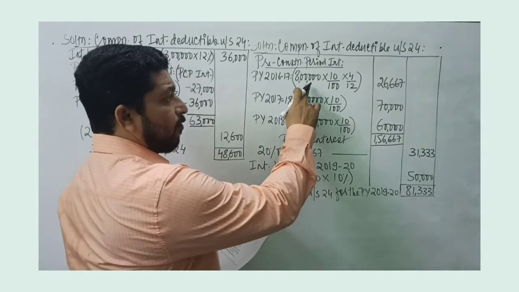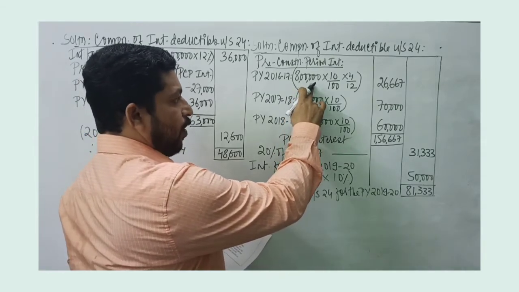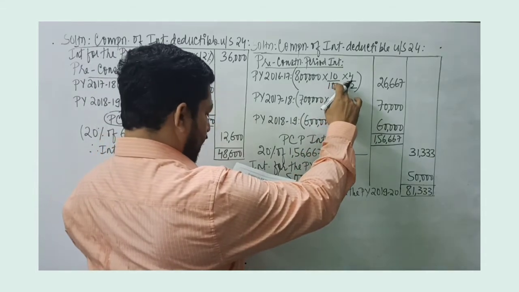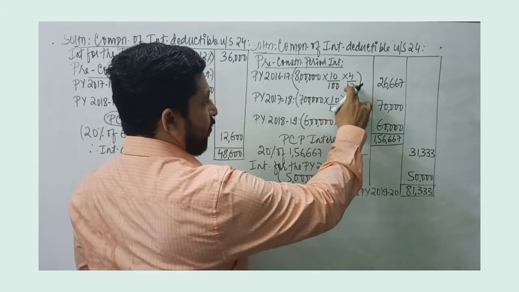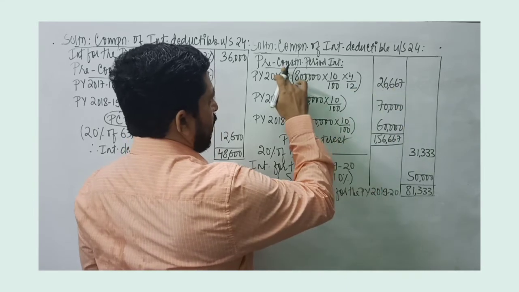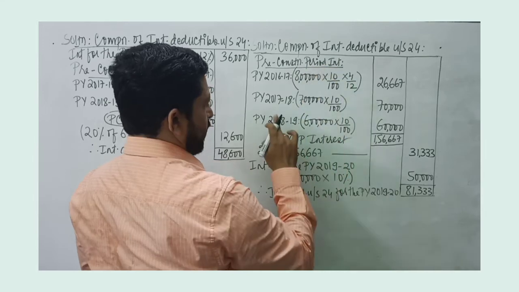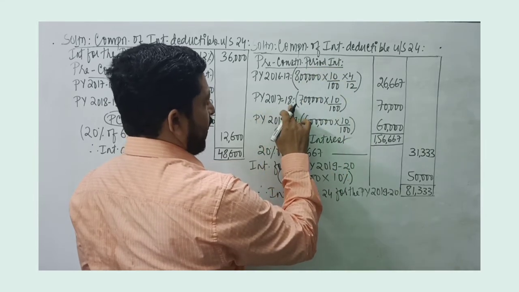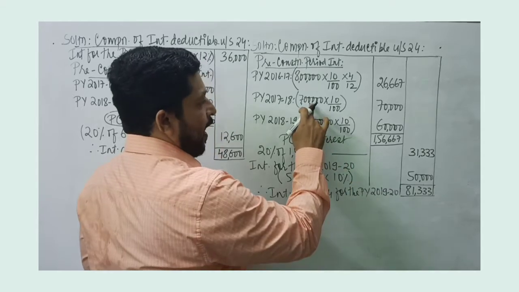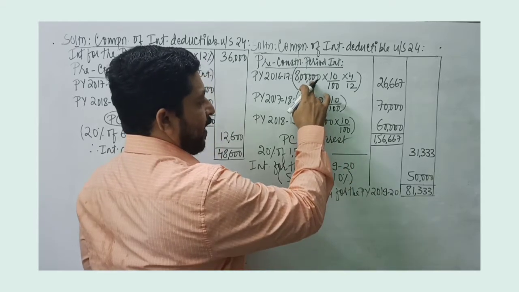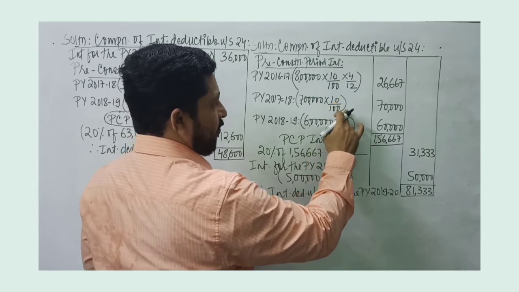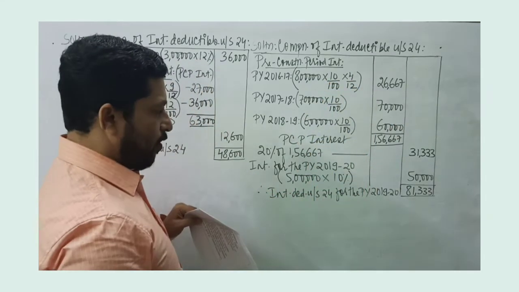So some important points. The original amount of loan borrowed is 8 lakh rupees. Loan was borrowed on 1st of December. So interest will be calculated at the given rate of 10% only for 4 months. So interest amount works out to 26,667. This is pre-construction period interest. Then we have interest for the year 17-18. Every year or a part of the year, annual payment of 1 lakh is done. So from 8 lakh, the loan amount would remain as 7 lakh. Rate of interest is 10% for the full year, works out to 70,000.